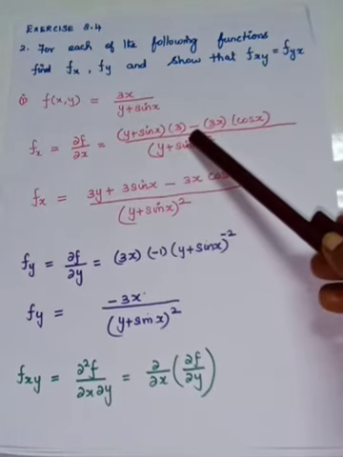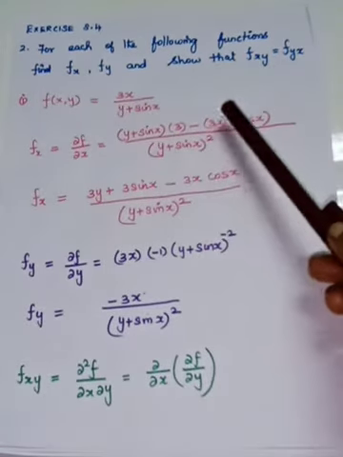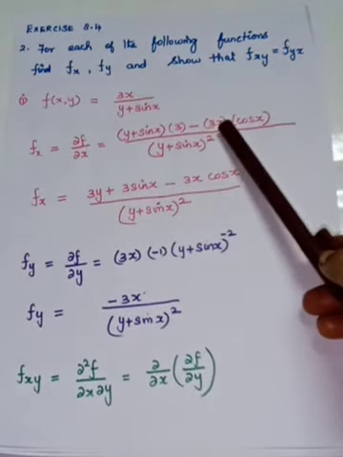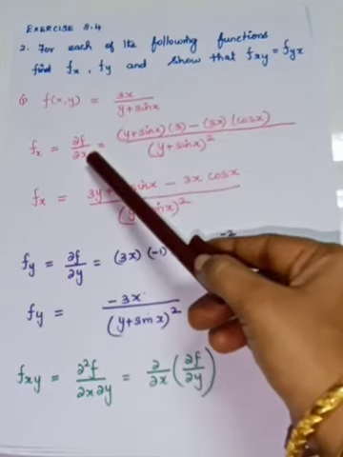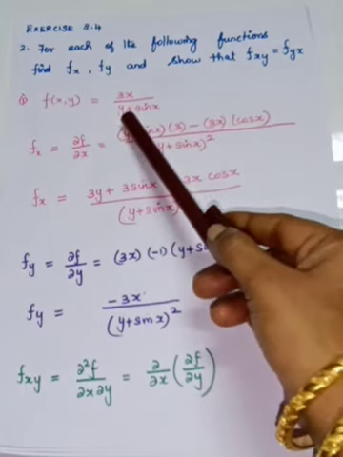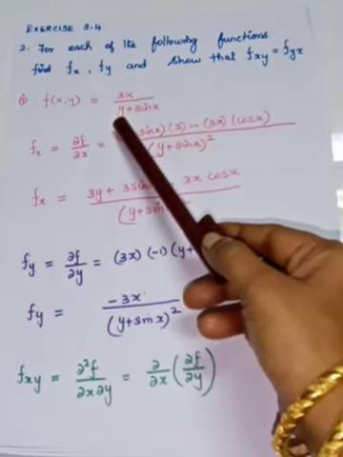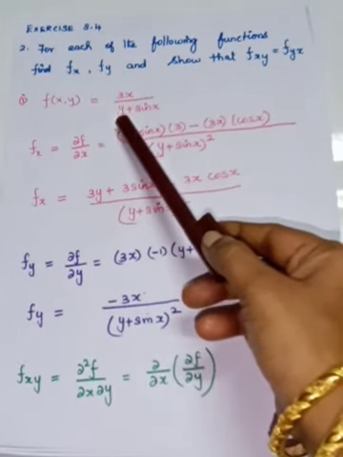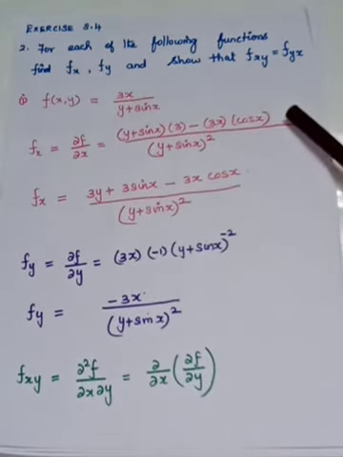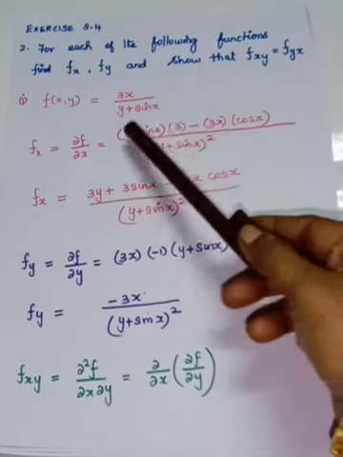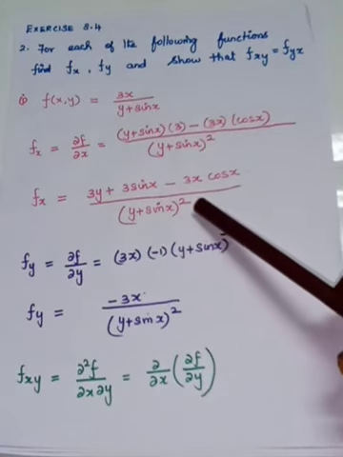Then in between you have to write minus. In the quotient rule, u has to be written as it is, so 3x as it is, and you differentiate y plus sin x partially with respect to x. There are two terms with addition in between. Look at the first term, it is y. y has to be treated as constant, so its differentiation is 0. Then the differentiation of sin x is cos x. So you have to simplify. It is (3y plus 3 sin x minus 3x cos x) divided by (y plus sin x) the whole squared.